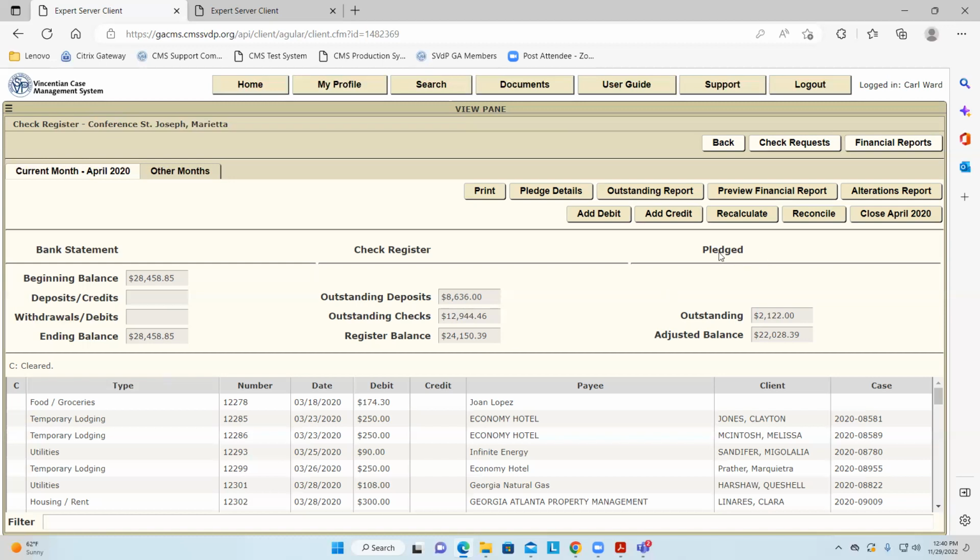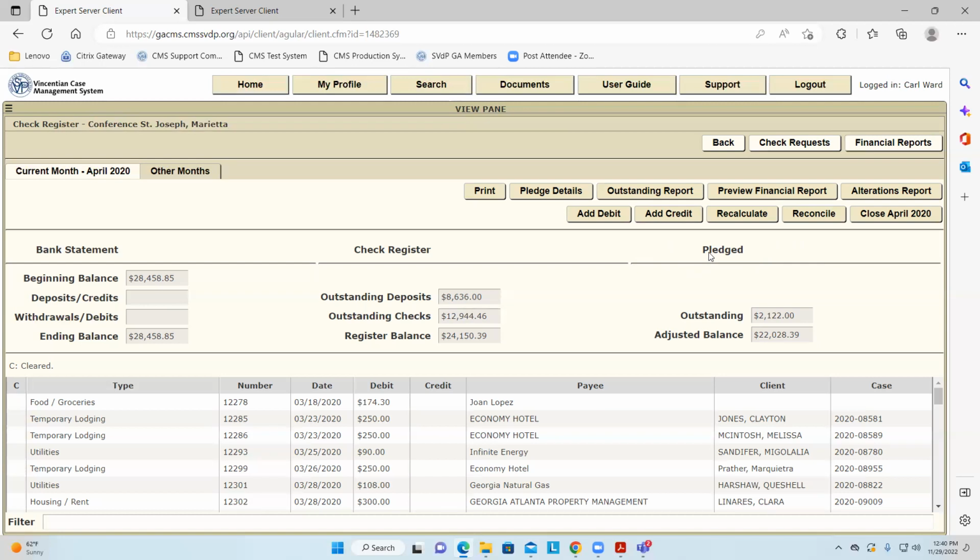And again, for those that use pledges, this is your outstanding exposure, if you will, in pledges, because those pledges are sometime going to turn into checks. So the beauty about pledges, and we've heard good things and bad things about them. The bad thing is that it's an extra step for the caseworker. Right.